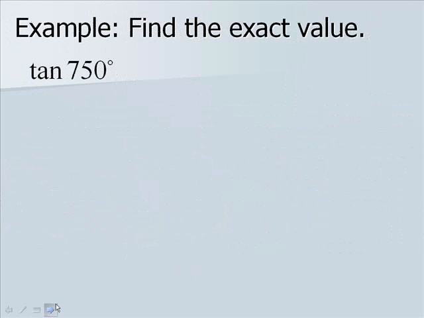So let's find the exact value of the tangent of 750 degrees. Notice it's greater than 360, so we need to find the smallest coterminal angle. We subtract 360 2 times, and we end up with a value of 30 degrees. 30 degrees is in quadrant 1,